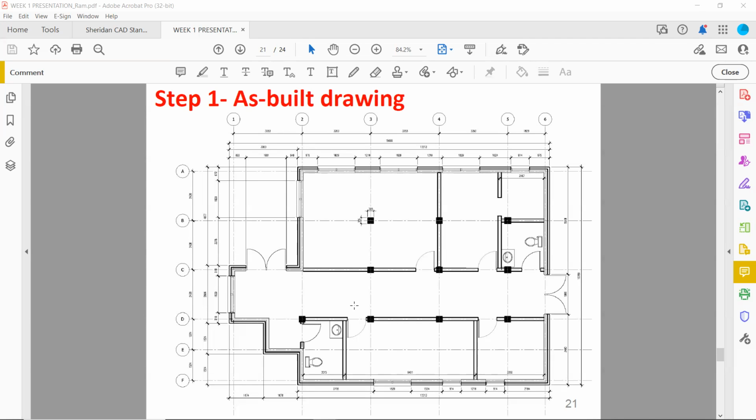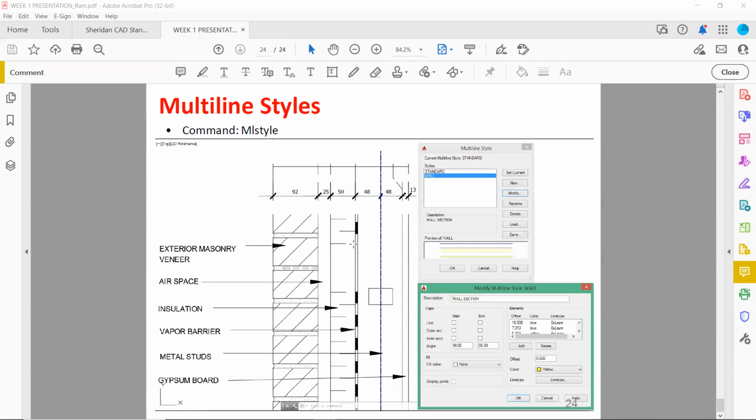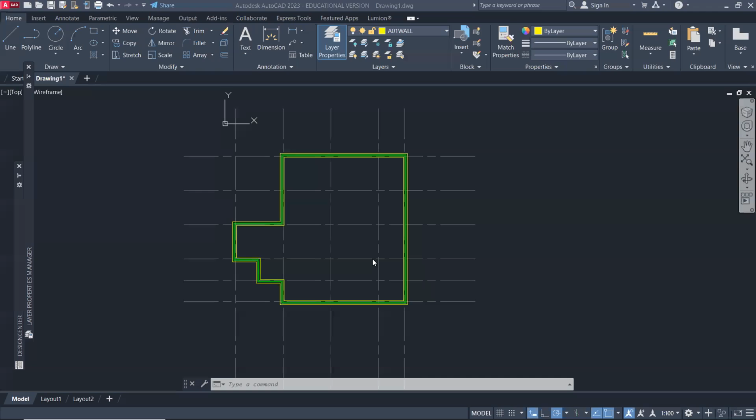Okay, so now we're ready to add the interior walls. And for that, we're also going to create a multi-line style for the interior. If we look at our section of our wall, we're also going to be using the metal stud 48 and 48 on center, and then add the gypsum board on both ends. So let's do that. So ML